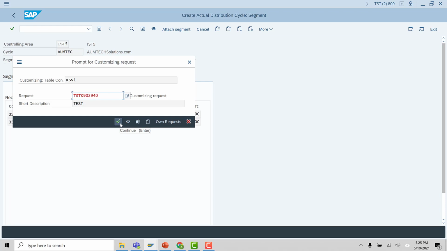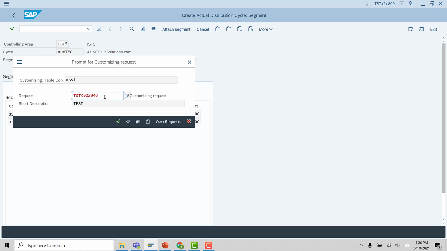So transport, you might have known about it: whenever you create any configuration changes in SAP, they are saved in a transport, and it is this transport which is moved from one SAP environment to another. In SAP, you have three environments: development, testing, and production. The production environment is used by the business for their day-to-day transactions and functions.